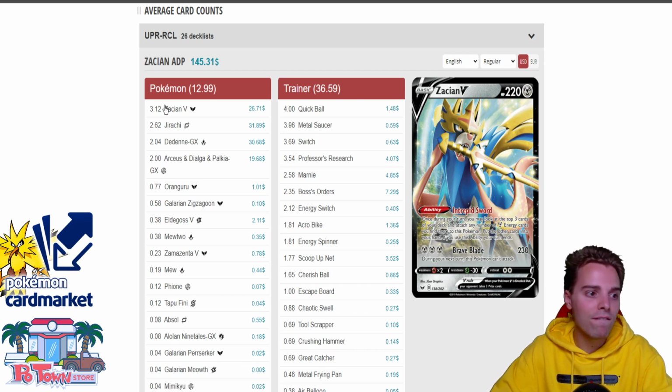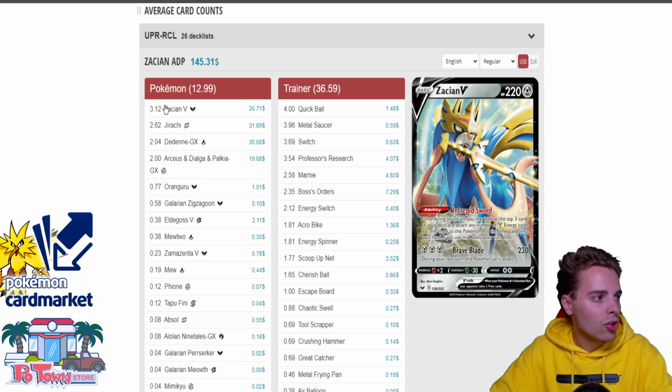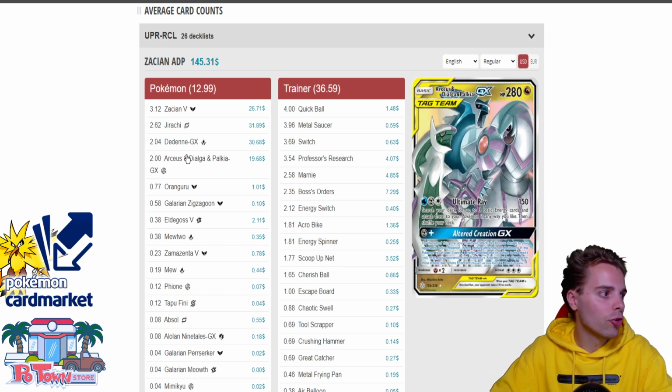So yeah, faster, being able to use that Brave Blade attack. And we also have the combination of Metal Saucer and the Turbo Patch card. For people that don't know what Turbo Patch does, flip a coin, if heads, accelerate a basic energy to one of your basic Pokemon except GXs. It does not state on the bench, so you can also accelerate to the active, which is awesome. So that Turbo Patch activation stuff can work out, maybe play more Energy Switches and get Ultra Creation Jacks off